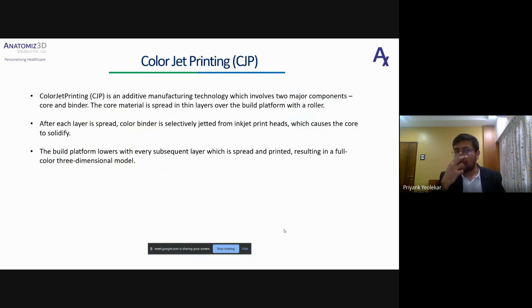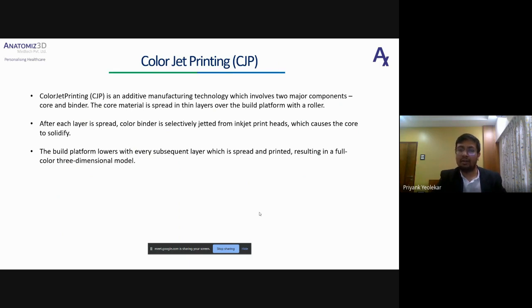Now let's move to color jet printing. Color jet printing is also a very old technique where the major components of a CJP printer are a core material and a binder material. The core material is spread in thin layers on the build platform with the roller.